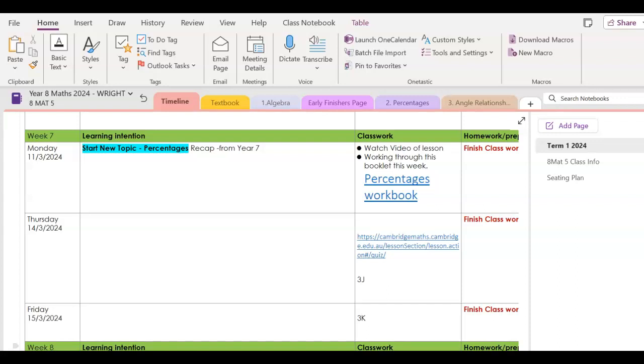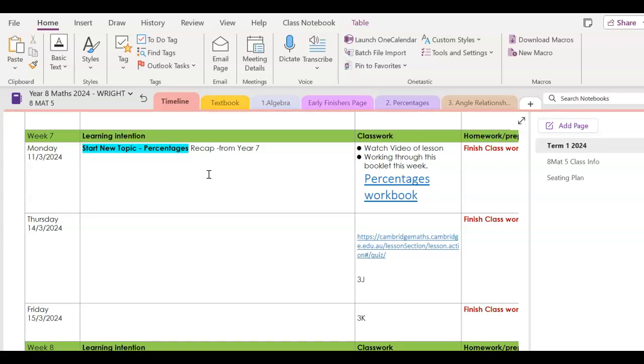Hi Year 8, I'm in our OneNote here. So if you look in that today, you'll find what I'm talking through. I'm in the Timeline tab in Term 1 2024, where you should already know you will find our work for the lesson. So I'm not in today because I'm doing the Engineering Science Challenge, but there's no reason why you